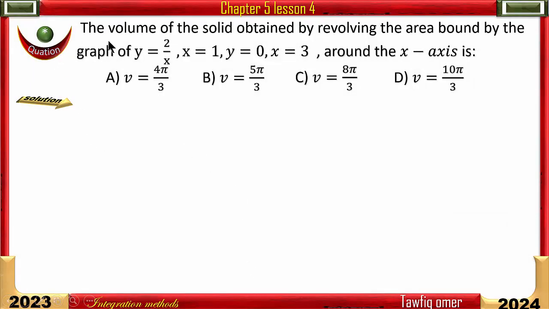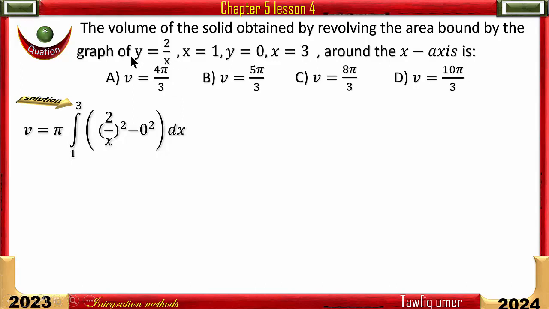Question: the volume of the solid obtained by revolving the area bounded by the graph of the function y is equal to 2 over x, x equal 1, y equal 0, x equal 3. As we said before, x gives us the interval and y gives us the function. First of all, we can say that the volume is equal pi integration from 1 to 3 because it is the interval,